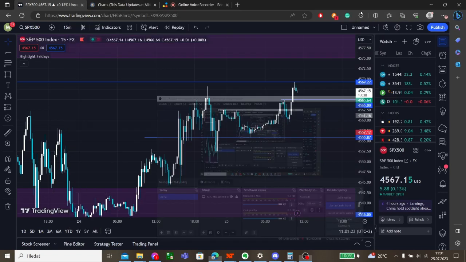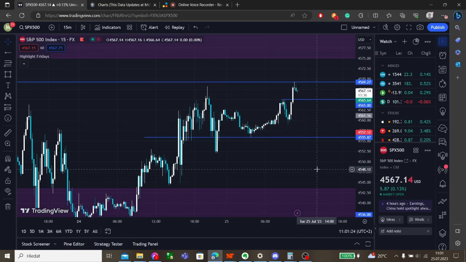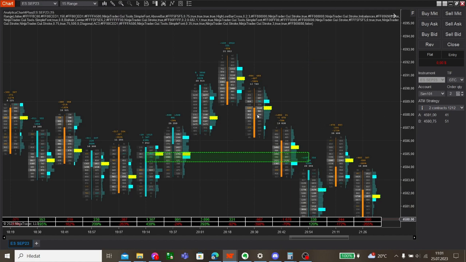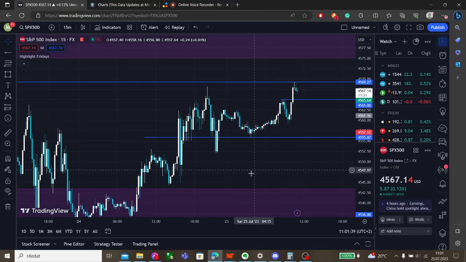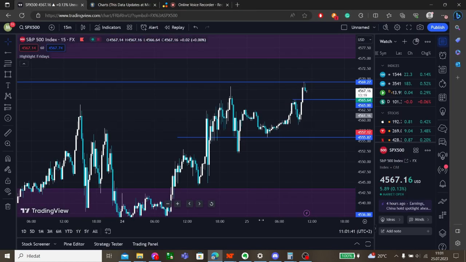So hey guys, today I want to talk about liquidity and how you can spot it in the market, to get the best positions you could ever get. I personally use this footprint chart as a confirmation on 15 range candles, and I trade the SPX. So the first example I prepared for you was yesterday's